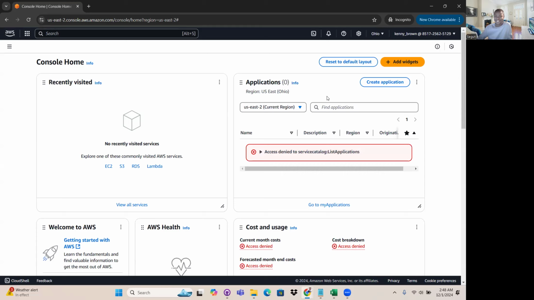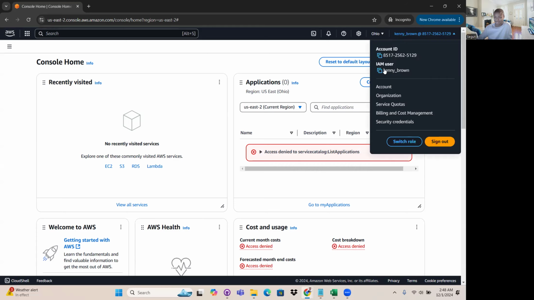Okay, now, Kenny Brown, you see, look up here, right? You see Kenny Brown, that's the user. So Kenny Brown is a user that is now able to log in, right? Is authenticated. But Kenny Brown is authenticated, but is not authorized to access some